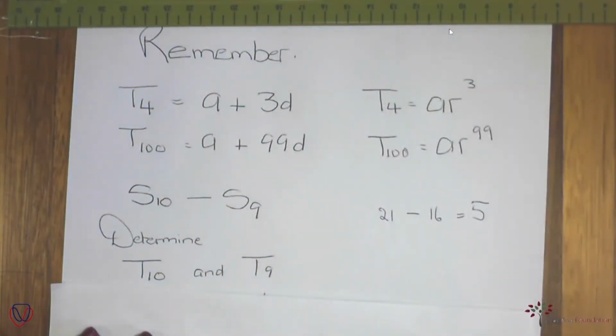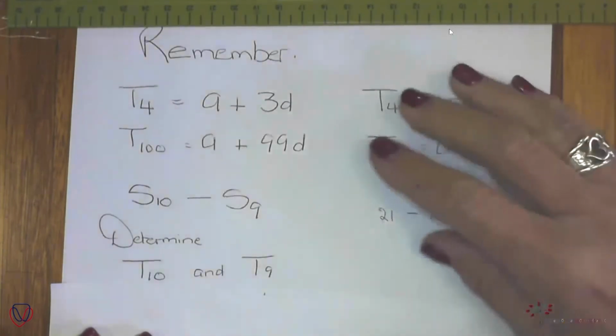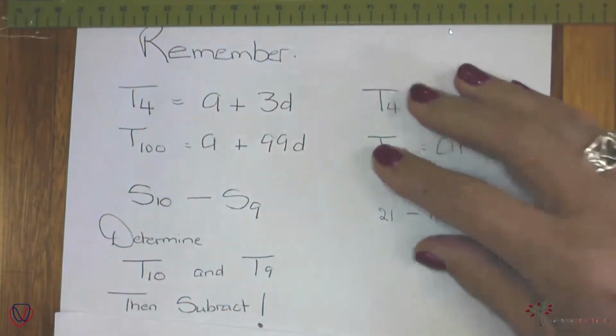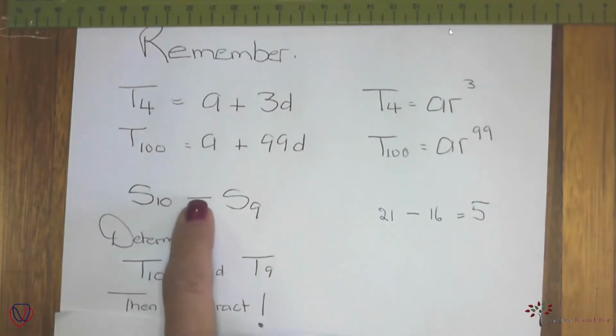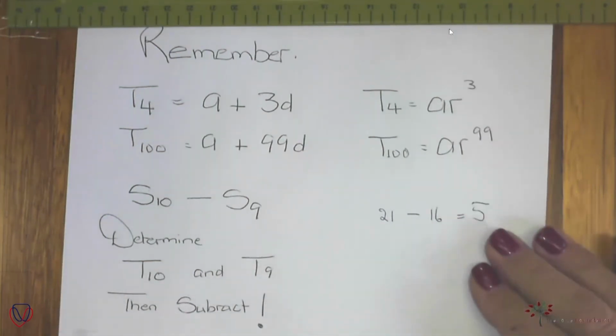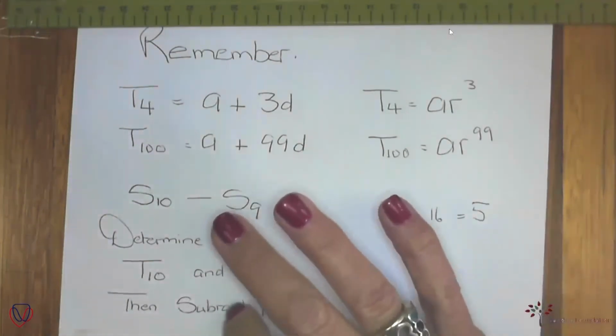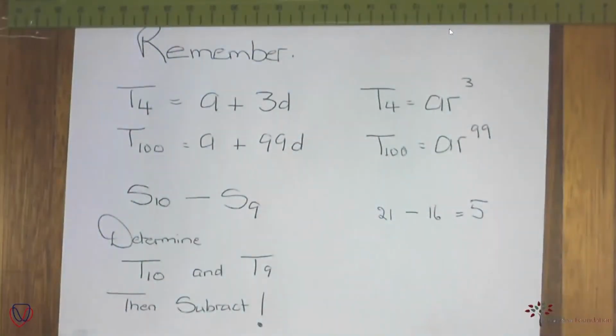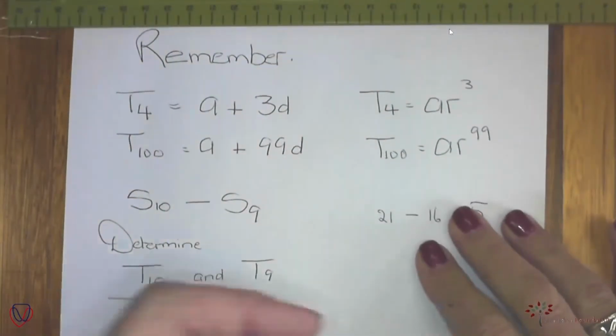Because the difference between those terms will give you whatever they wanted here. They wanted to know what is the difference between that. If I have the sum of terms up to term 9 as 16, and the sum of the terms up to term 10 is 21, the difference there is actually going to be the value of your T10 minus T9. Have you got that? This was not in those sums, not in one of those papers, but I realized that I must show you this also. Okay. Then subtract, and that will give you